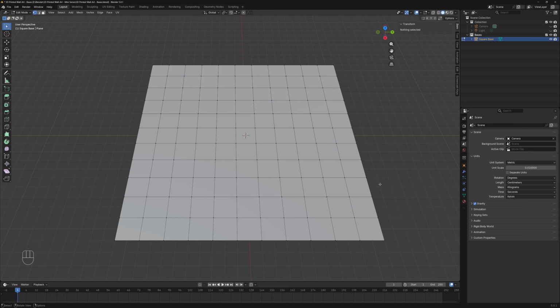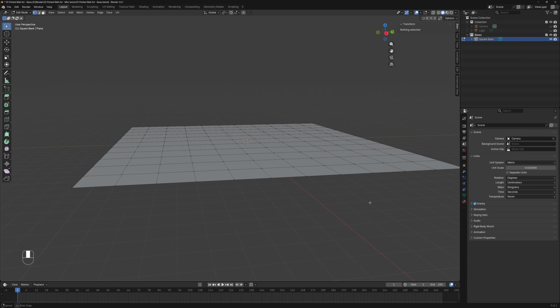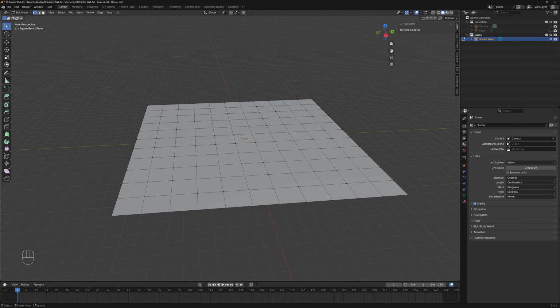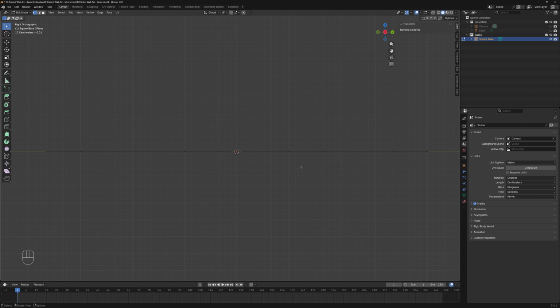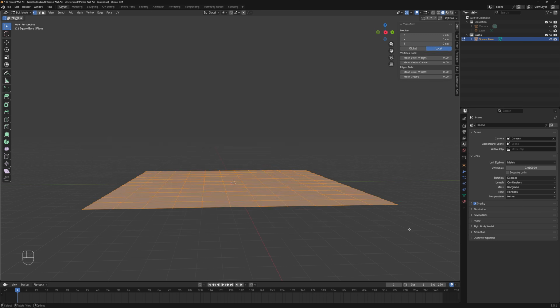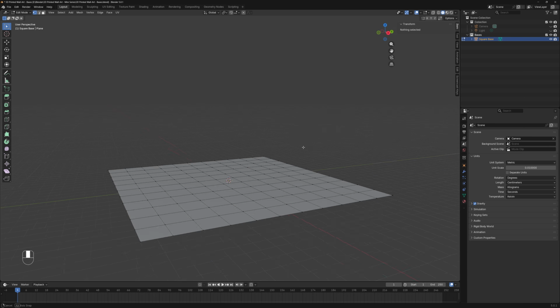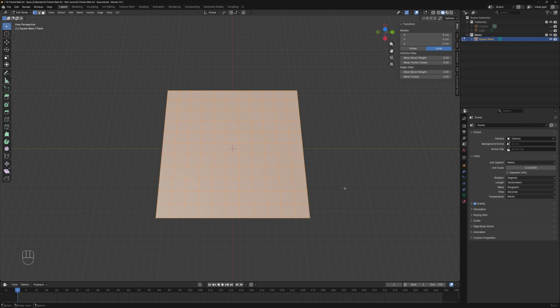So now this is a very flat surface. There's nothing going on. So now we're going to raise it a little bit, because we are in the centimeters, let's see, we will go for about, let's say 5 millimeters thickness. So you can either hit A to select all vertices, or you can drag your mouse. You can select all the vertices. You can move around with the middle mouse button to make the view more comfortable, or make sure that you